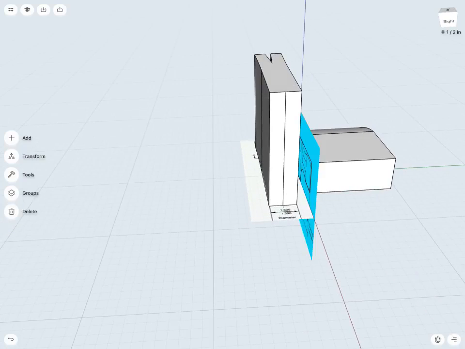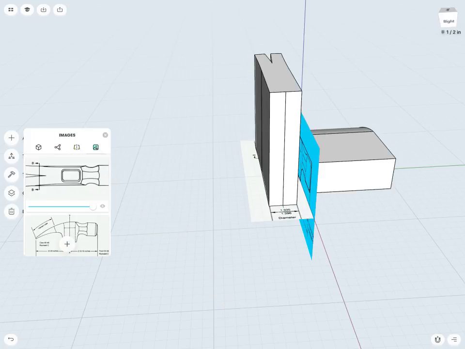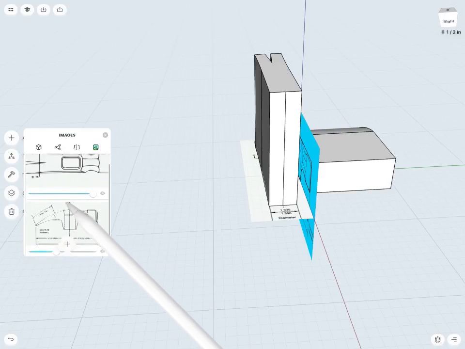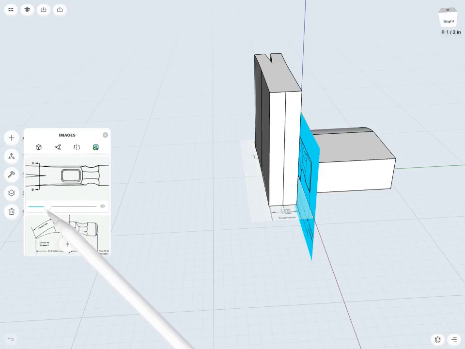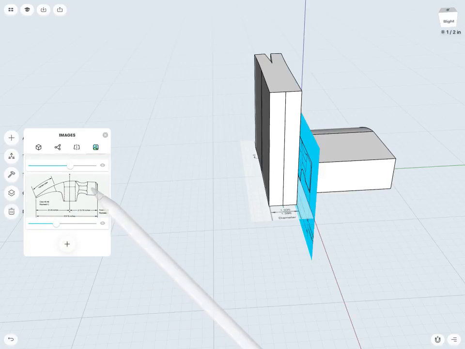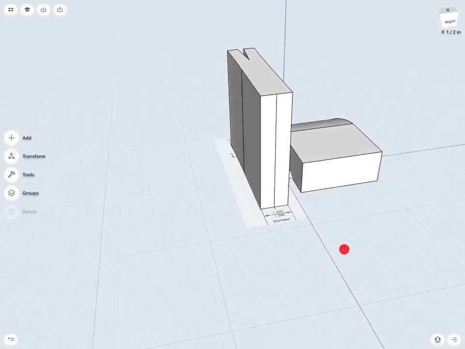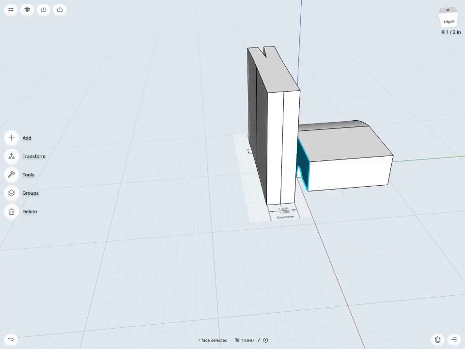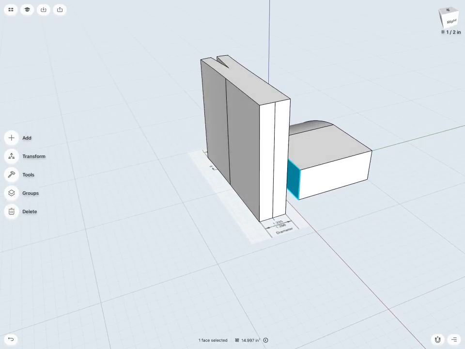So maybe I'll just hide this image. So again, if I jump into group, just the same as my bodies worked, I also have the ability for the sketches and the construction geometry as we saw briefly, but also the images. So here's my two images here. And here I just have the ability to change the opacity of either image, or I can hide them completely if I'm finished. So in this case, maybe I want to hide my front view, just so it'll be easier to, say, grab this face here. Then I'm going to actually extrude this through,